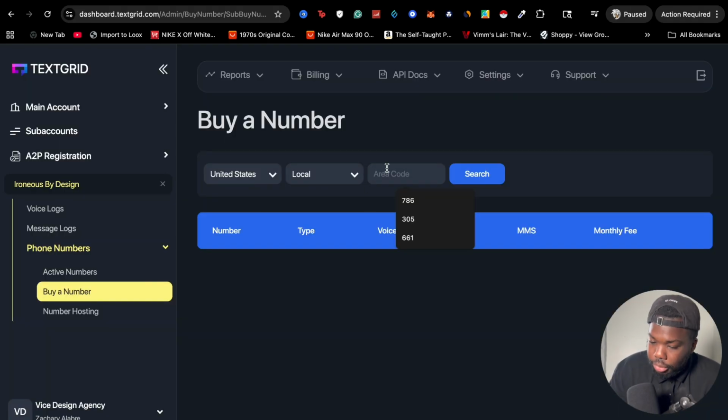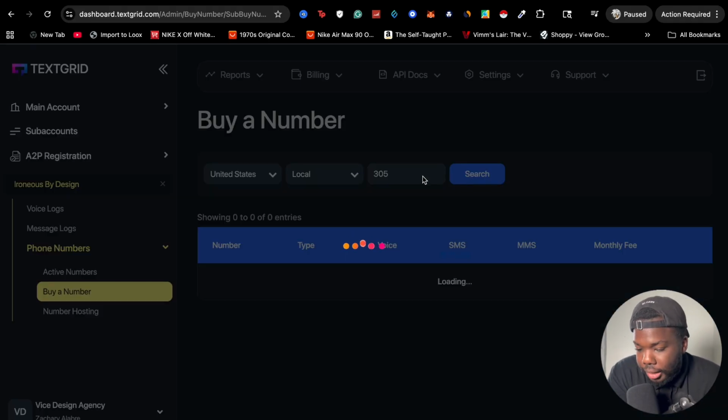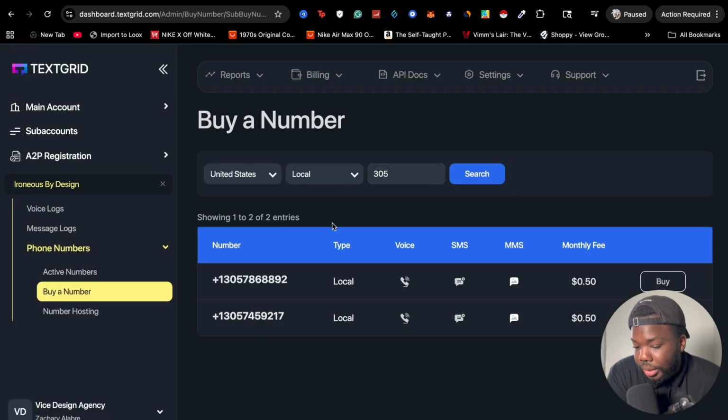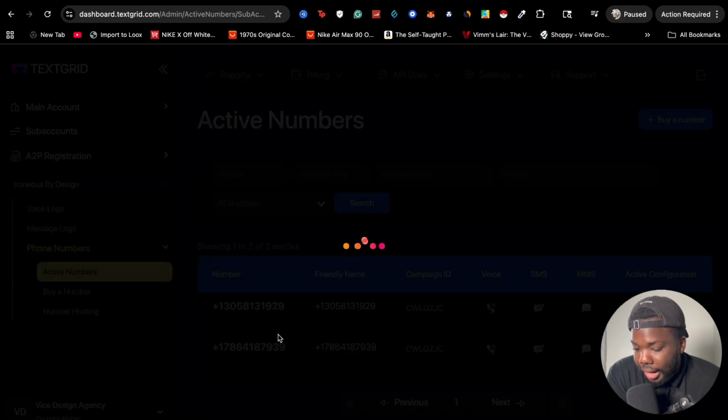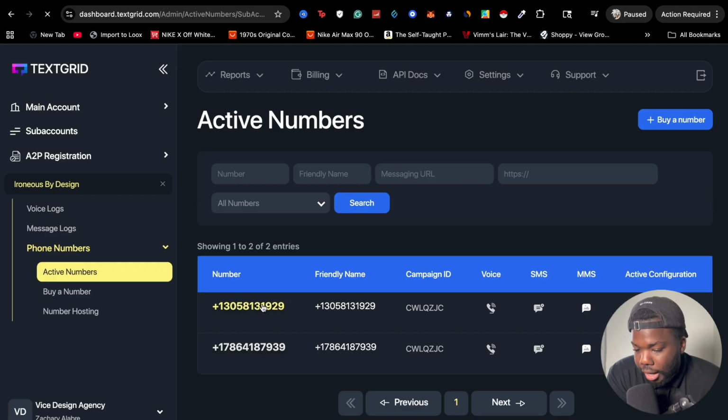Let's say you want to choose 305 because, of course, I'm from the area. They should have some 305 numbers. If not, they might have some other numbers. See, they have some local numbers ready to go, so you could buy that for a monthly fee of 50 cents, right? So once that's connected, you make sure you go to active numbers and make sure that they're actually active, right? So you can click here, make sure the number is actually active and it's connected to the right